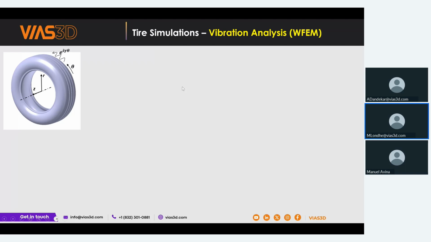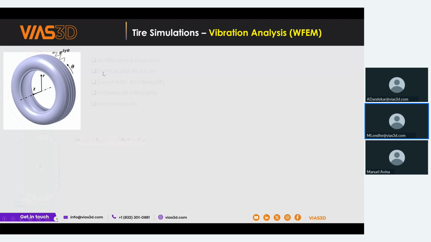So as I mentioned, the FRF is basically used to characterize the vibration performance of the tire, but it is actually helpful only under low frequency vibration, because if you increase the frequencies, your eigenvalues are densely populated, and the eigen mode shapes of the tire become very complex. So in such analysis, generally the FRF is not a useful tool.